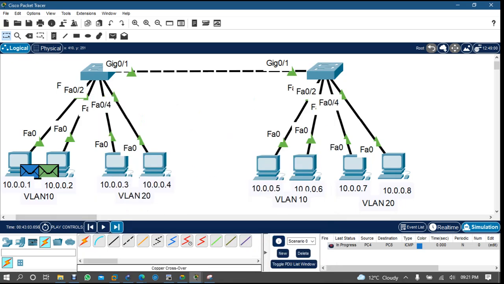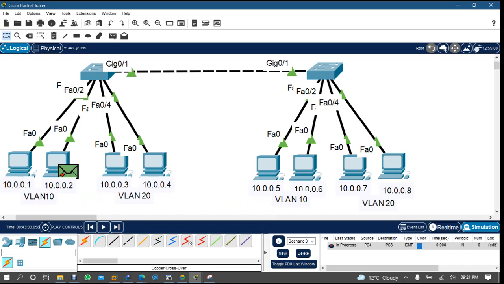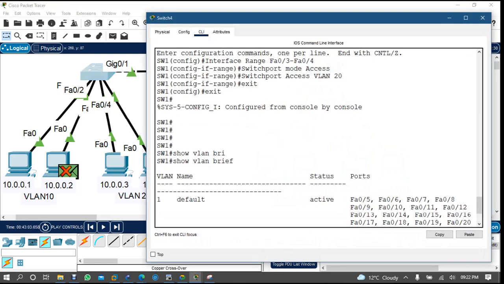If you are moving like this, packet came here, packet came here. But see, I was sending the packet to PC5, which is in the same VLAN but connected to another switch, right? But my switch was not forwarding. Why is it not forwarding? Because of this link, right? If you check about this link,